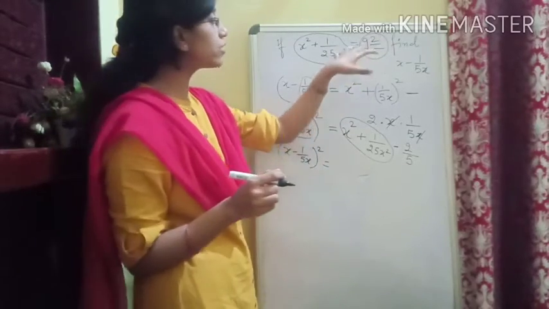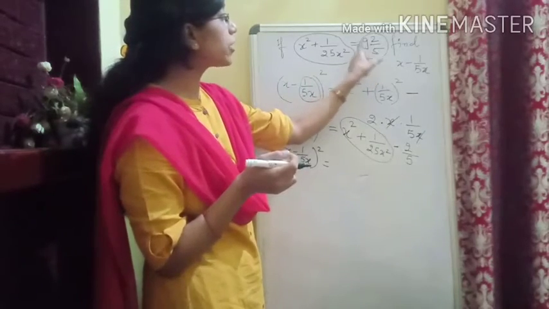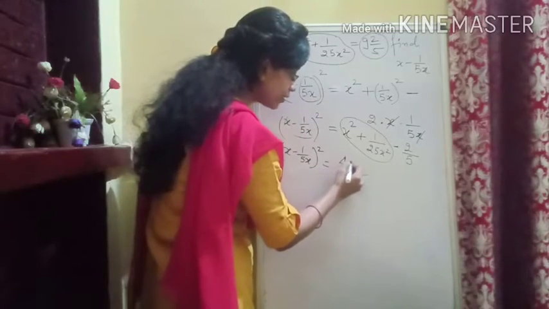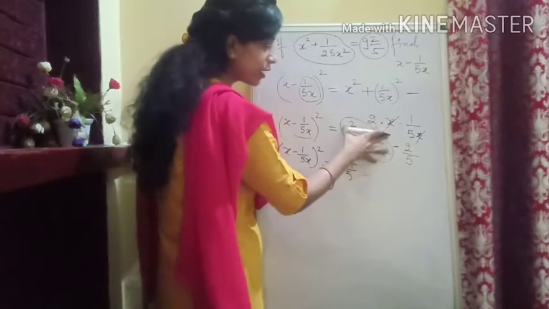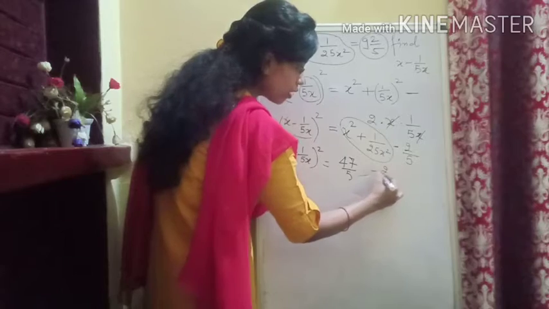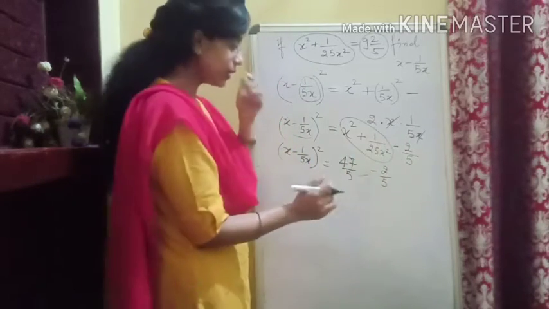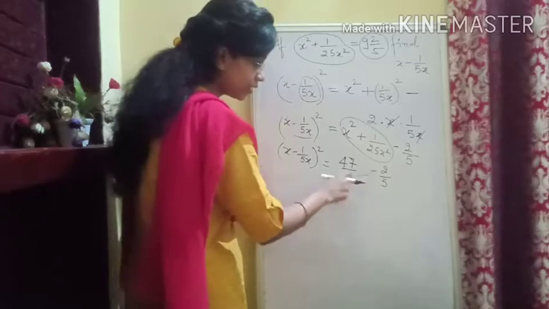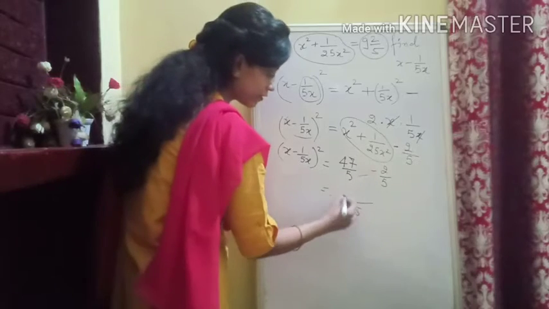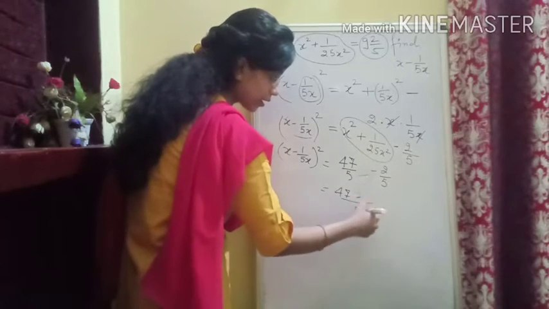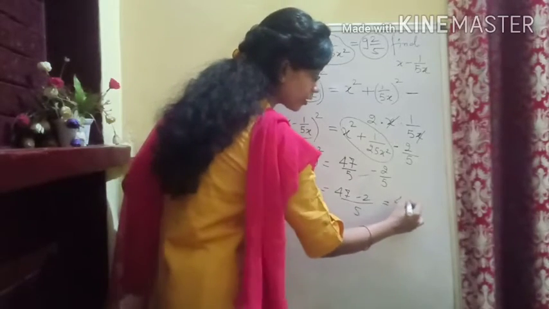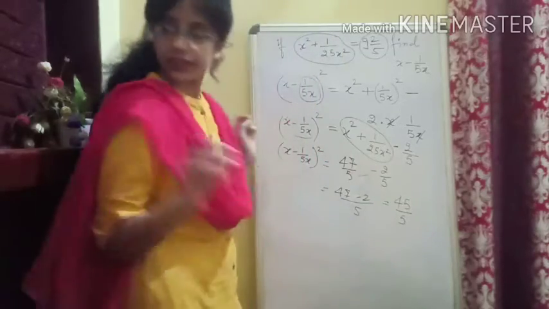This is a mixed fraction given, we can write it as an improper fraction. 45 plus 2, that is 47. I hope you all know how to simplify. So it will be 47 upon 5, because the value of this expression is given as 47 upon 5, minus 2 upon 5, what was there in the expression. So we simply have to take the LCM. It will be 5, and you know how to take LCM. 5 and 5 will get cancelled, and here we have 47 minus 2, so it will be 45 upon 5, isn't it?